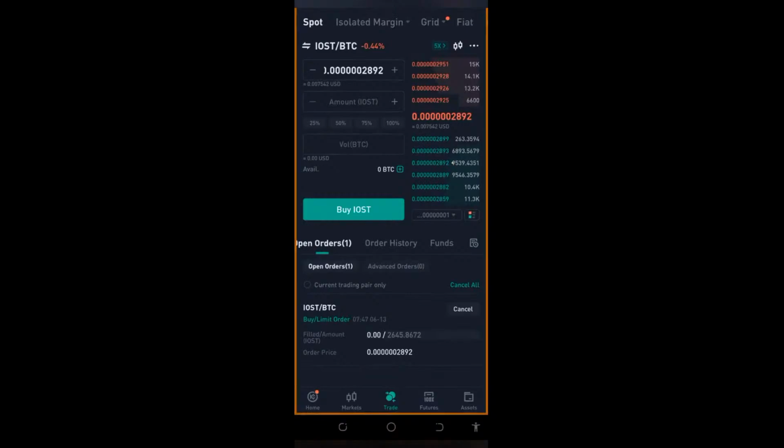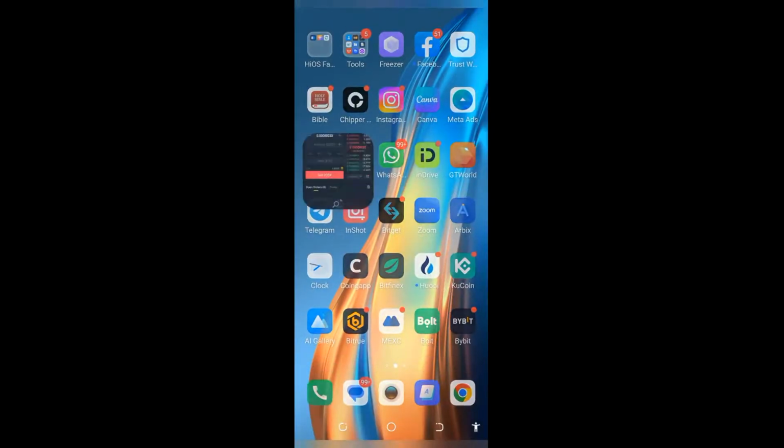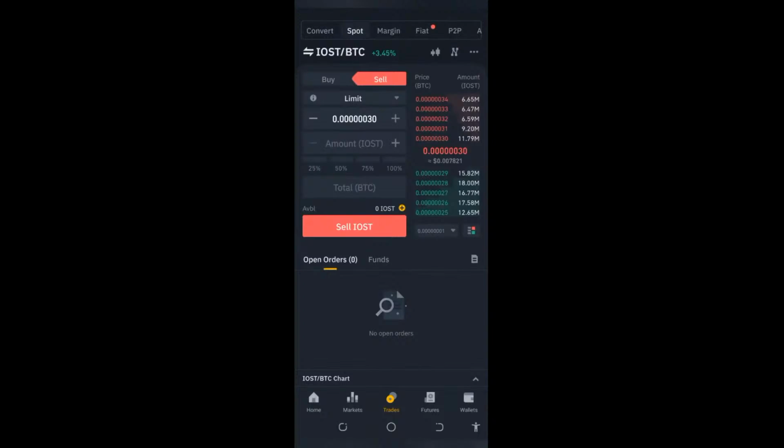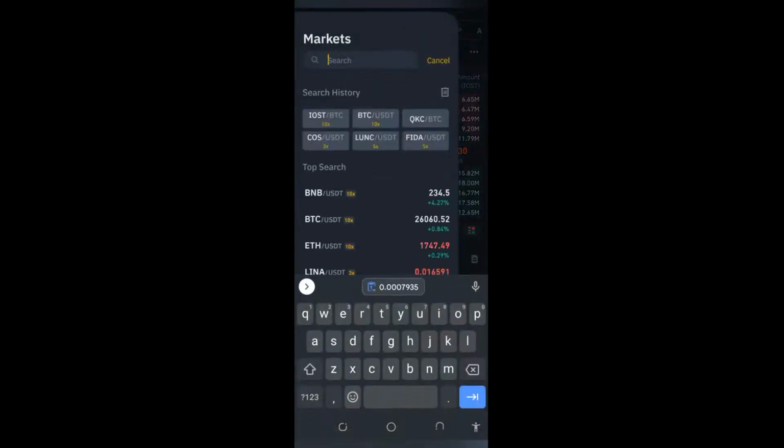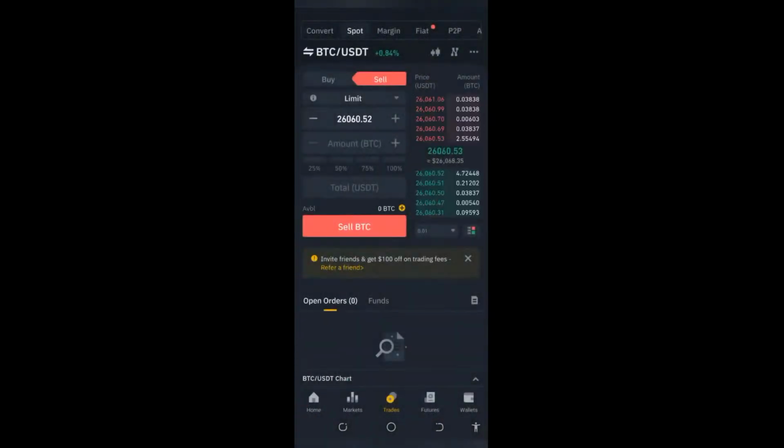But first of all, I'll be back. But let's just go and see if I sell this, what is going to happen? If I put this here, I know I'm going to make profit. Don't forget, you need to take care of all of that. This is going to be a good profit if I'm able to get this sold. So if I go to BTC and then I sell that, you see, it's going to be good. And all my transfer fees, I think, were just like 7 cents. So we're good. But first of all, we need to go back and see whether this is going to work out in